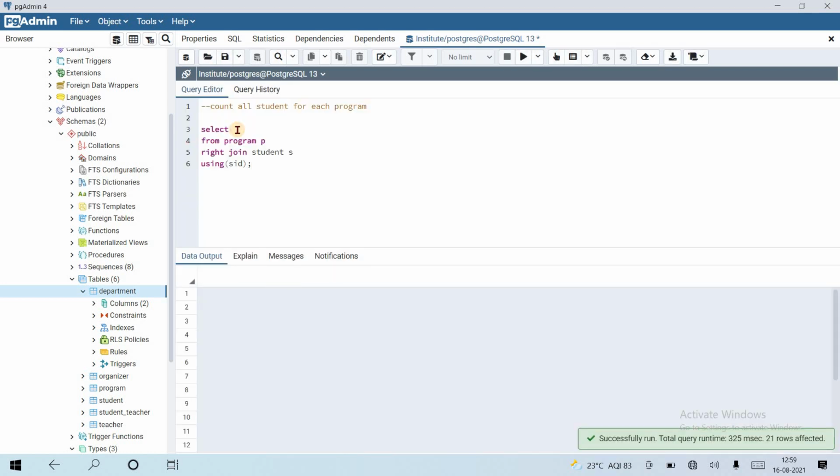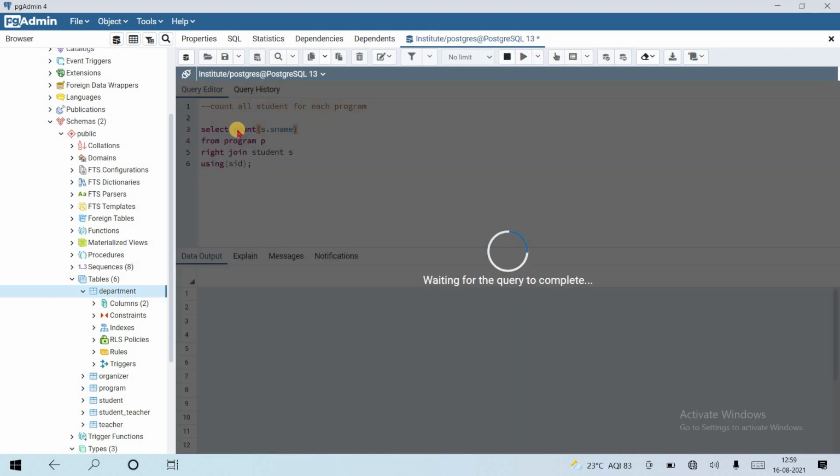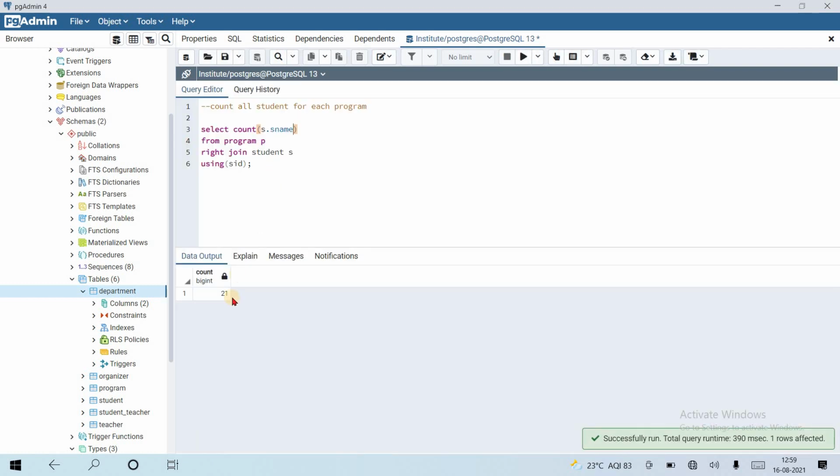It fetches a result, but we haven't specified any column that we want to count all students. That is s dot s name, that we want to count all students. So there are 21. There are 21 students for each program.